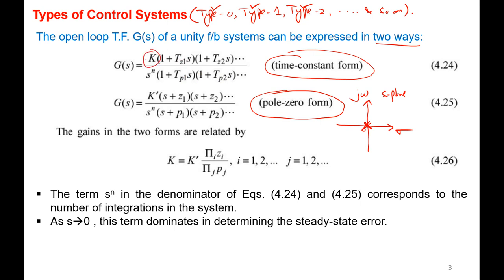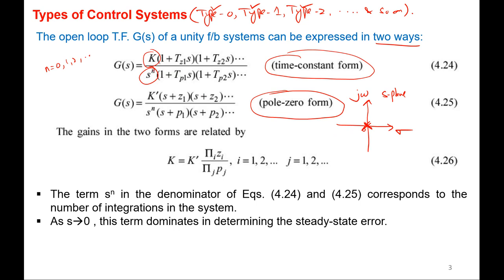And K is called the system gain, and this s power n will tell us the type of the system, because n can take 0, 1, 2 and so on, right? If it is s power 0, that means only 1, that s term is not there, so it is a type 0 system, because none of the poles are lying at the origin. If it is s power 1, n is 1, means one of the poles is lying at the origin of the s plane,